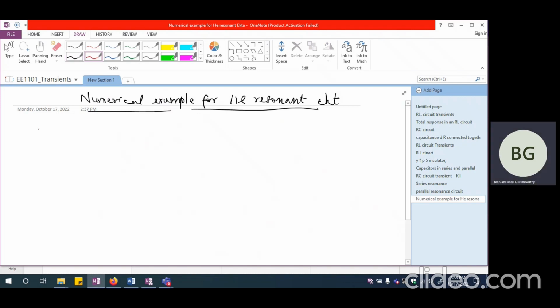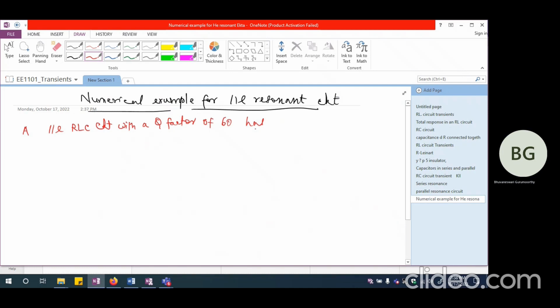A parallel RLC circuit with a Q factor of 60 has a maximum impedance of 10 kilo ohm